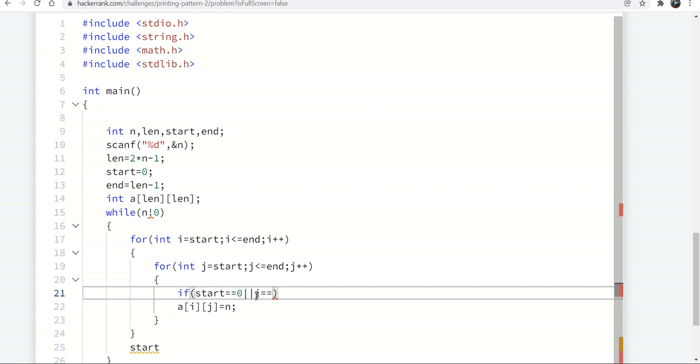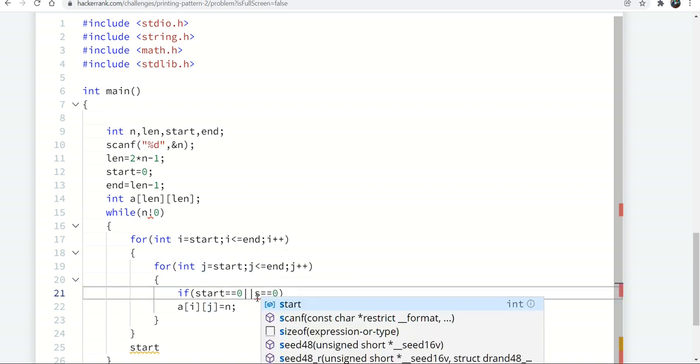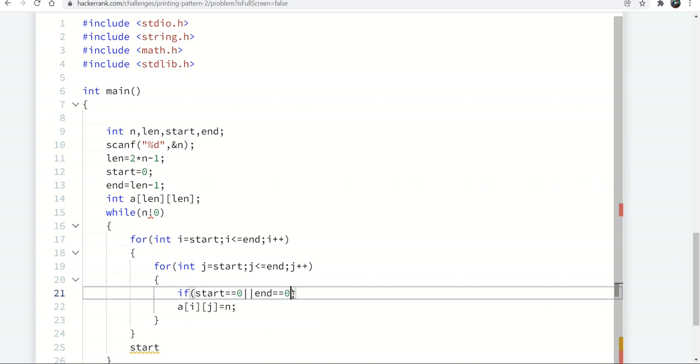start is equal to, I equal to start, I equal to start, I equal to end, I equal to.